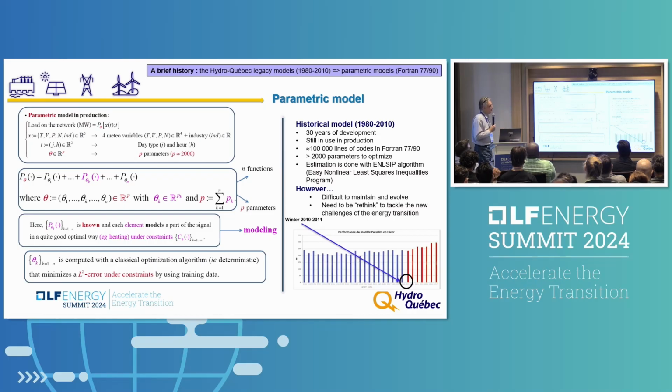So, a brief history: the Hydro-Quebec legacy models have been developed during 30 years by former Hydro-Quebec engineers. This is a parametric model. It uses the Fortran language, so the number of lines of code is very important. The number of parameters is about this number, and some parameters have to be fit by hand in very difficult situations. I will show you 2 situations. It's very difficult to maintain, and we need to rethink. And what we see is that since this day, we have a degradation of the model. It comes from the fact that